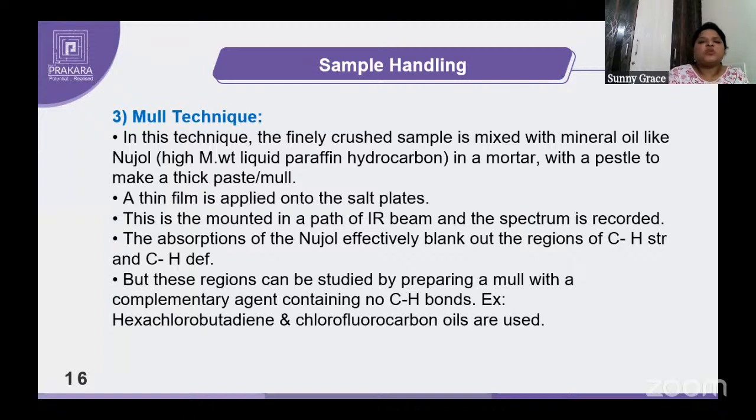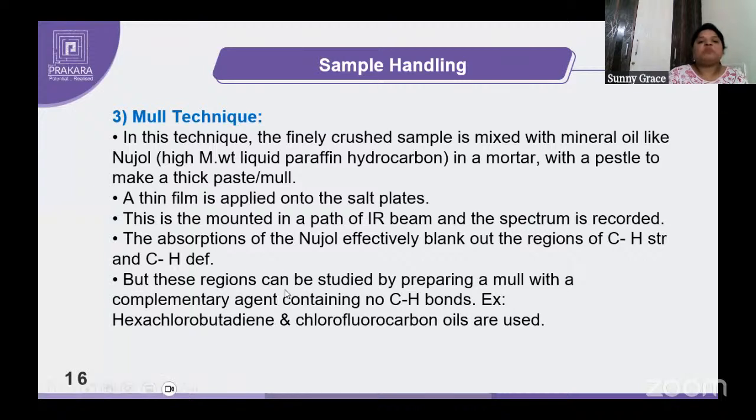But one of the things you will observe with this mineral Nujol is absorptions at four different wave numbers, because it itself has absorption at those particular wavelengths because of its CH stretching and CH bendings. So to avoid that, or to shift the wavelengths of those stretching and bending vibrations, what we do